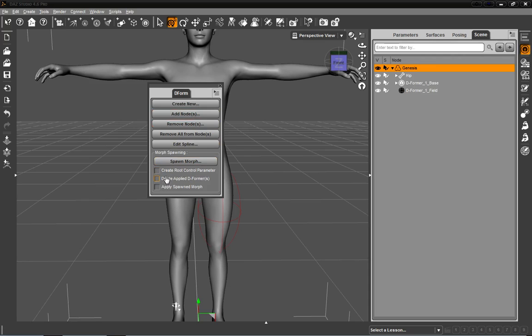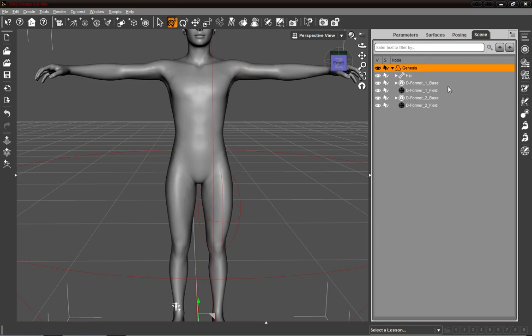create new one, because I don't want to do this just yet. I'm not going to turn the whole thing into a morph. Create new, and deform 2. Yes, there we go. Now we click on deform 2, and right there, boom. Deform 2, and